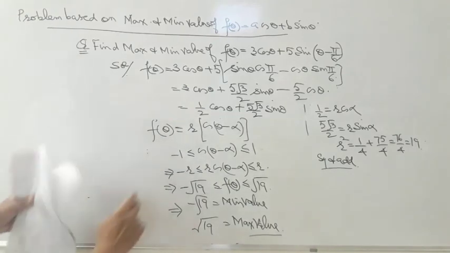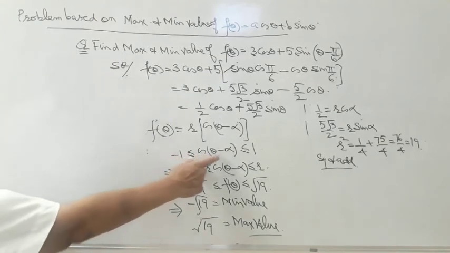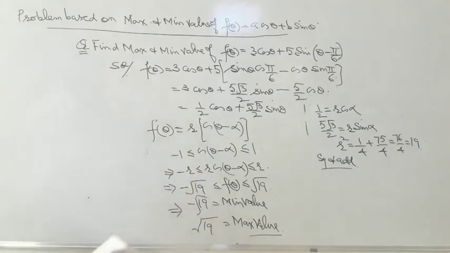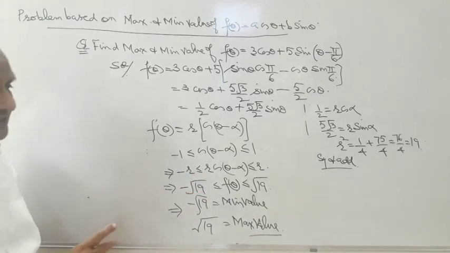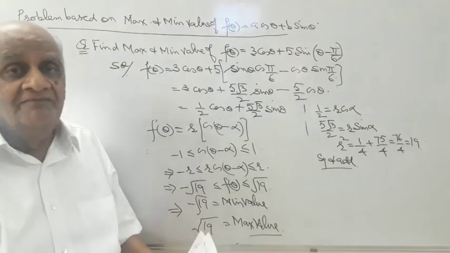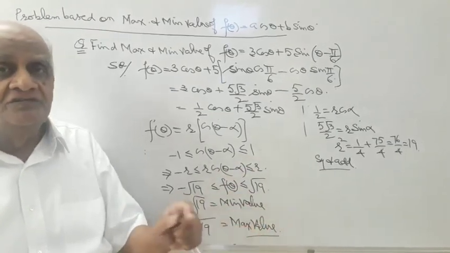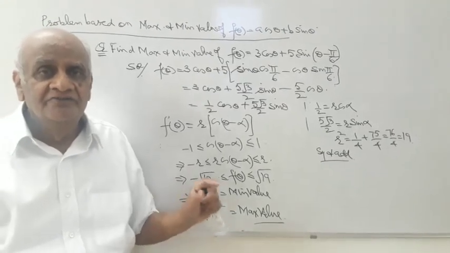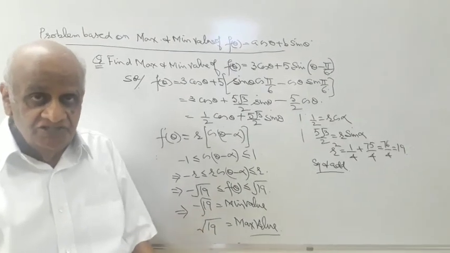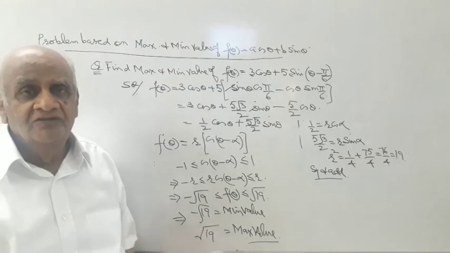So after solving this f theta, start from here. Minus 1 cos theta minus alpha, multiply by r and so on. That's all. It is under root of 19 plus, under root of 19 minus. Now some more cases on the same topic I will continue in my next video, but also we shall start with trigonometrical equations, a new topic. Based on that, a variety of questions again from that topic.